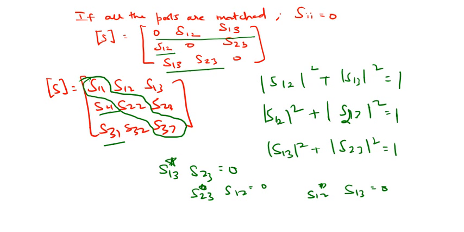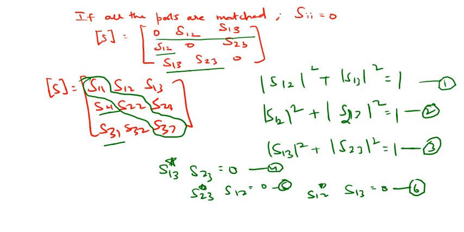So basically, if you see the equations, this is your first equation, this is your second equation, this is your third equation, this is your fourth equation, fifth equation, and sixth equation. If you see the last three equations, that is 4, 5 and 6,